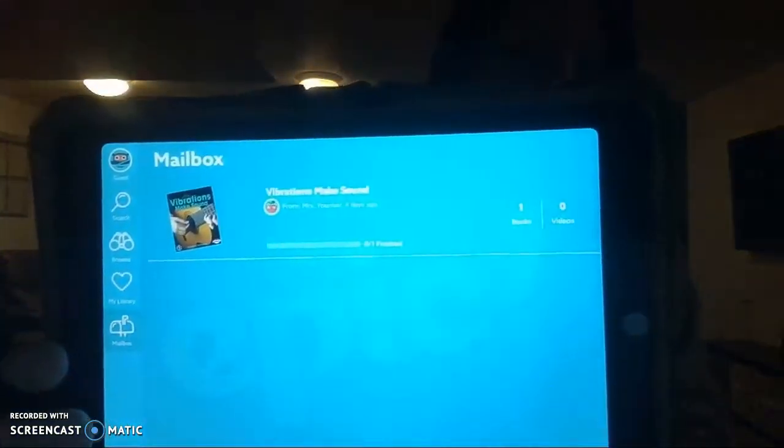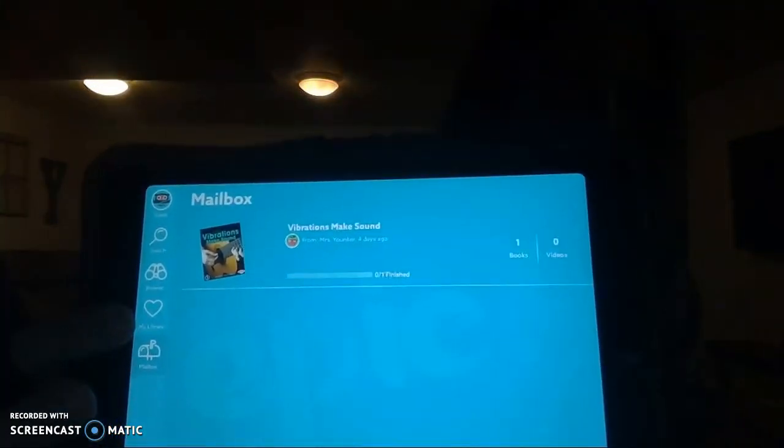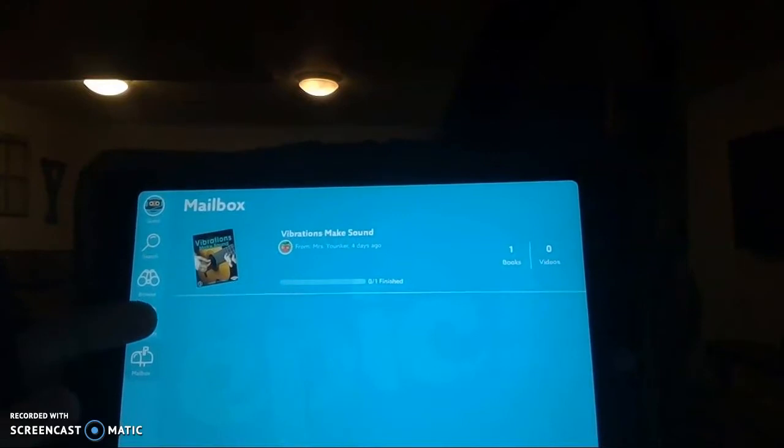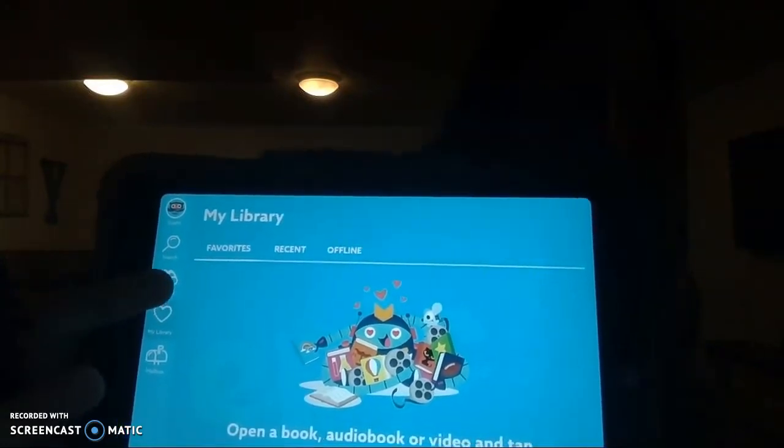So these books I would recommend reading first in their mailbox. Then if they find a book that they like, they can also push the heart and it will keep that in there for them. But I also want to look at the browse because this is where they are going to find more AR books. So over here,